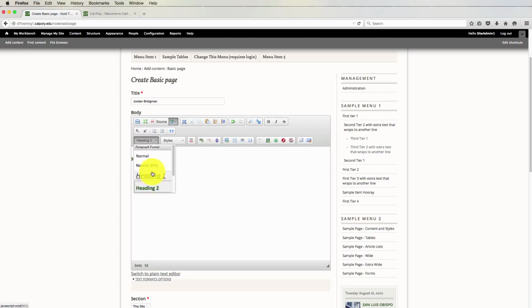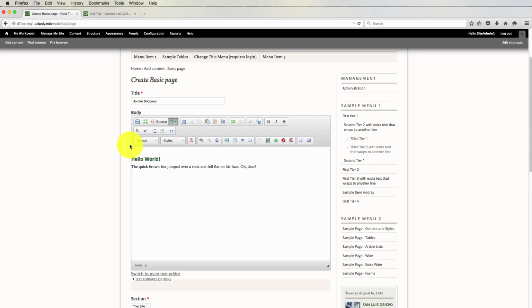Now that I've hit return, I want to make sure that this is set to the normal paragraph format, although sometimes this happens automatically after you've entered a header. In this case, I want to add just a little bit of paragraph text for more practice purposes. So let's put in a sentence like, excellent, now we have some paragraph text on the page.